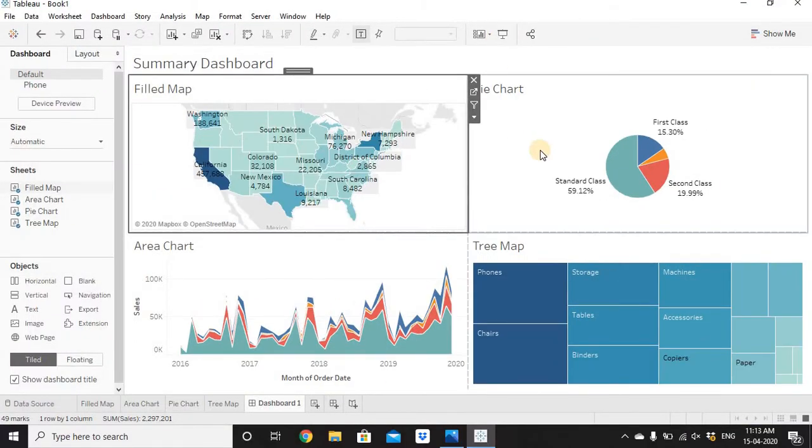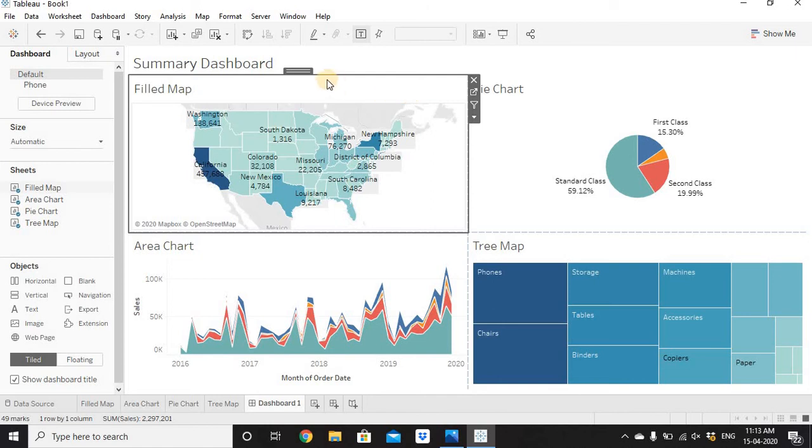So right now we have 4 charts. All of them are showing data for all 49 states. Now let's say we want to apply a filter on this field map. So if we select any state from the field map, it should filter out the data for the remaining charts based on our selection. So that is called filter action in Tableau.